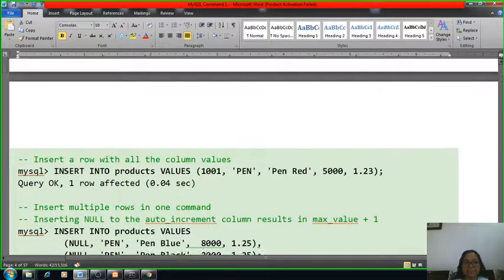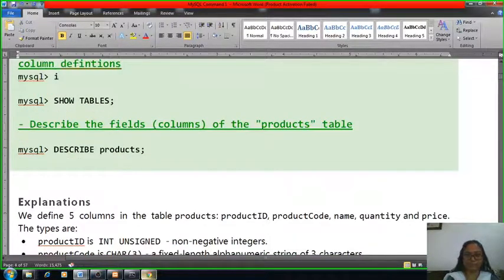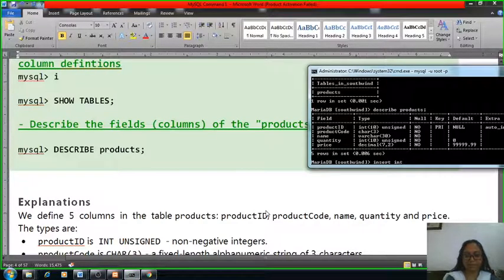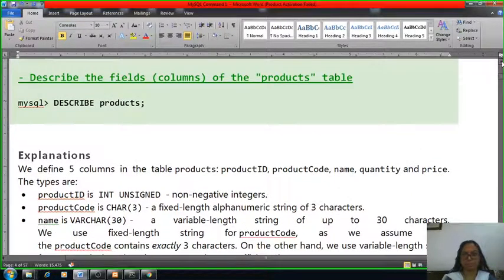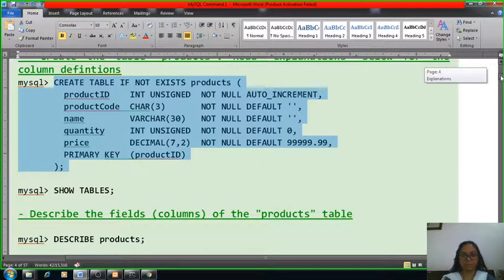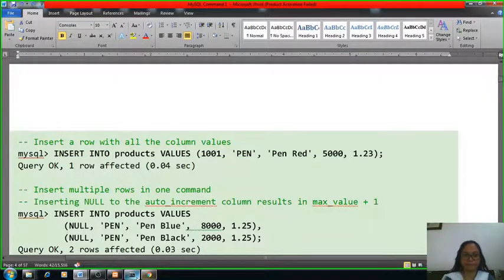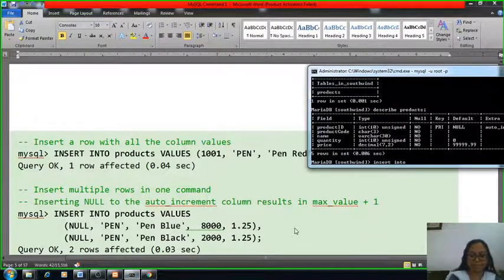The syntax is insert into the table name, product.